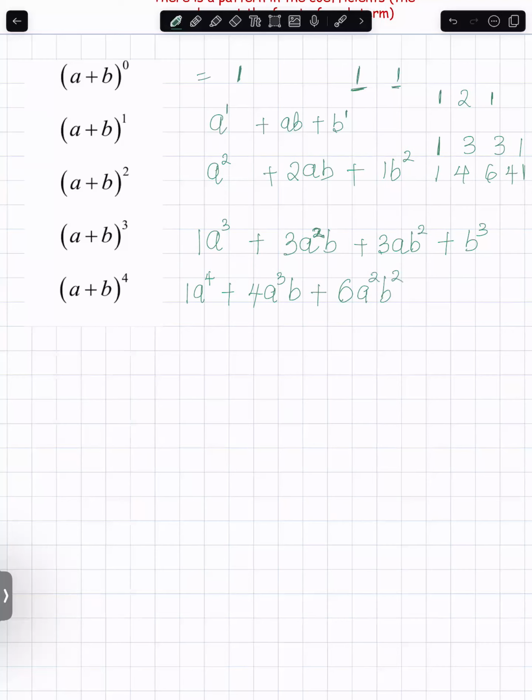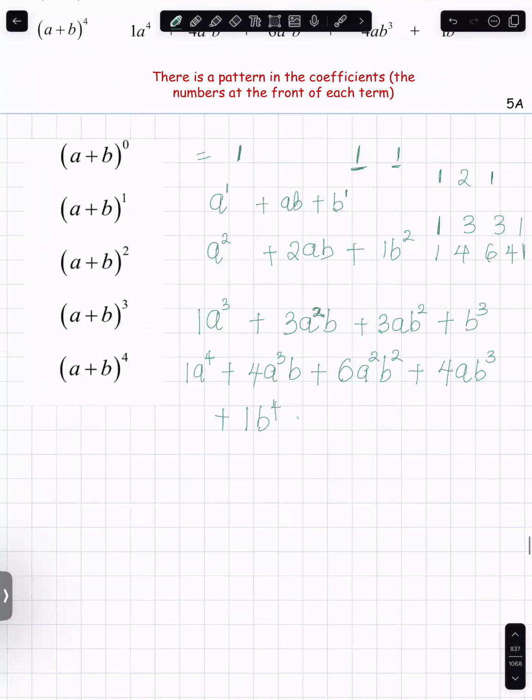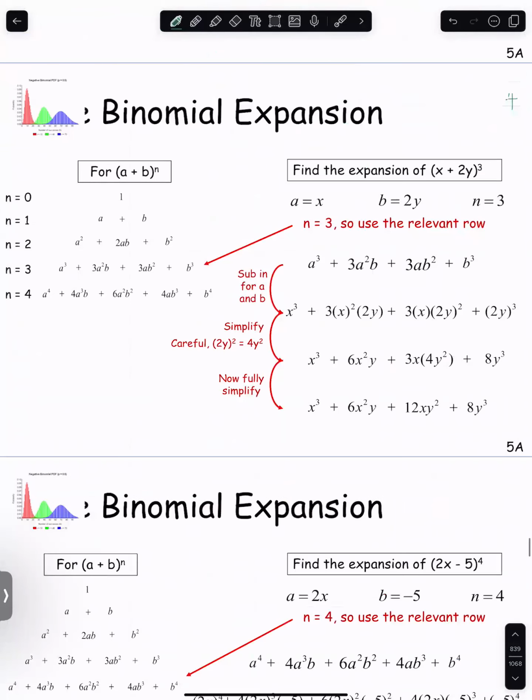Okay, then we have plus, next number is 4, a becomes 1 and b becomes 3. Then followed by the last, which is 1b to the power of 4. Okay, so this is our expansion using the Pascal triangle. So it is easy. So I would like us to go through examples using the Pascal triangle to solve our